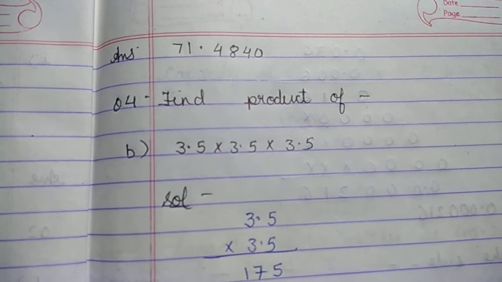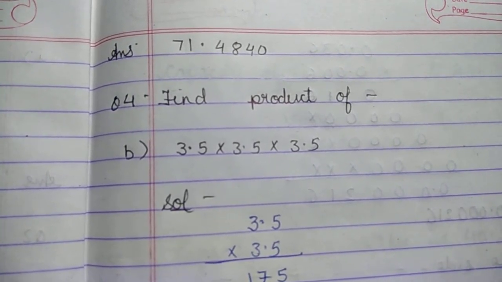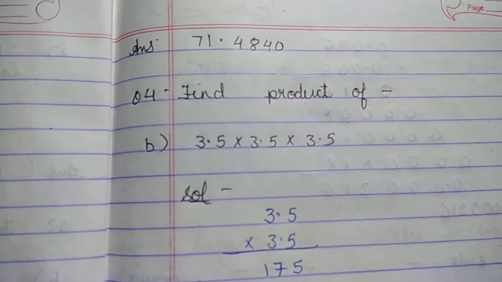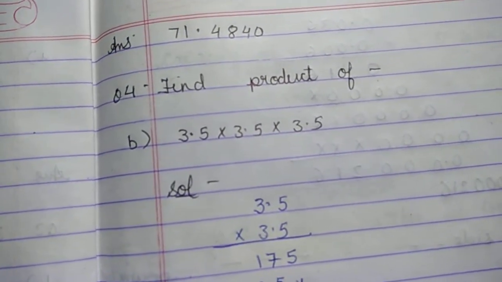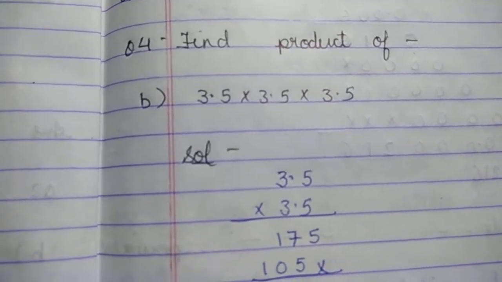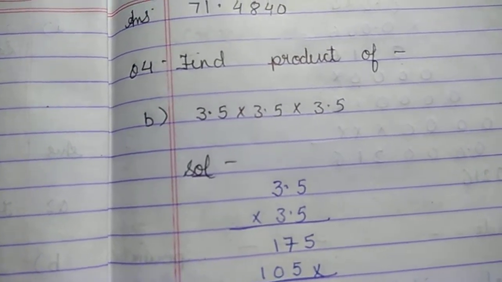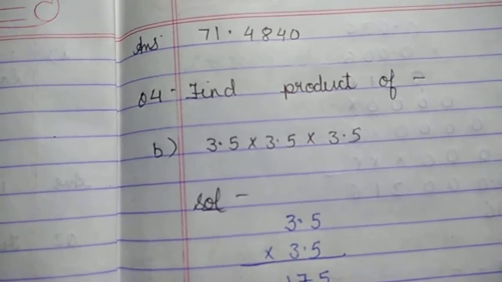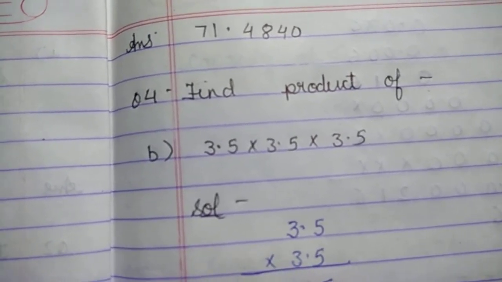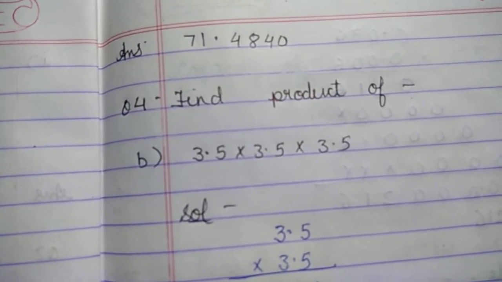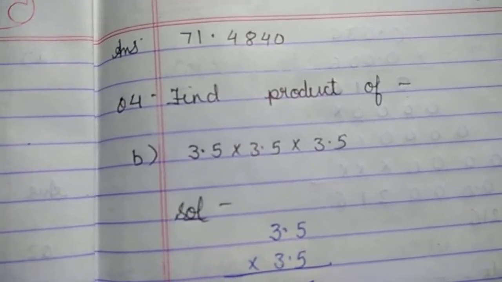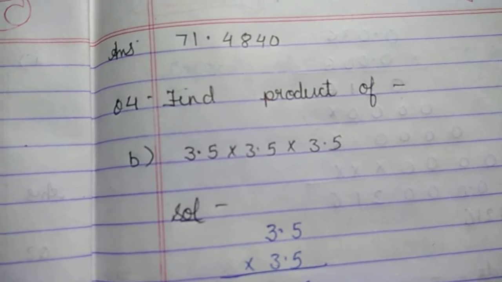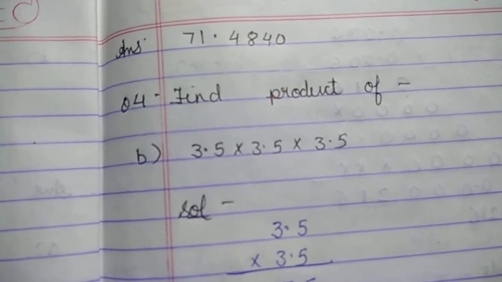Moving on to question number 4. Question number 4 is, you have to again find the product, but here you have to find the product of 3 numbers, and all the 3 numbers are decimal numbers. Okay, so if numbers are easy, you can just multiply it directly, but if you have bigger numbers like in this question, what you will do, you will find the product of the first 2 numbers first, and whatever answer you get from that multiplication, you will multiply that answer with the third number.